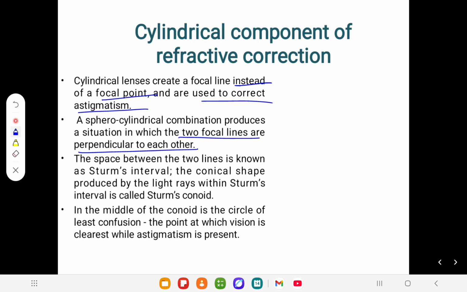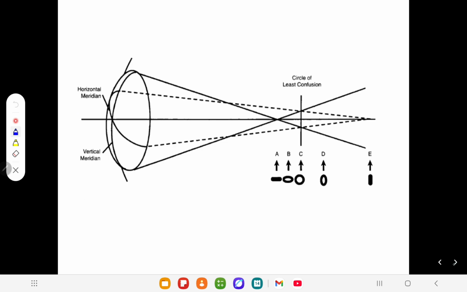You have to correlate Sturm's conoid here too. The space between the two lines is known as Sturm's interval. We have discussed it, isn't it? In this picture, the space between two foci, this is called Sturm's interval. And the center of it is circle of least confusion. Center in a sense of